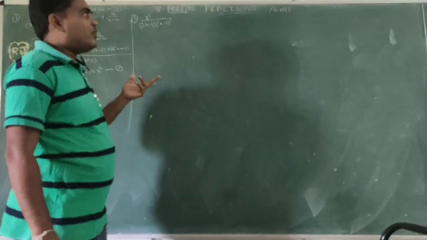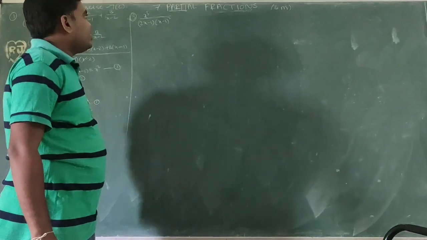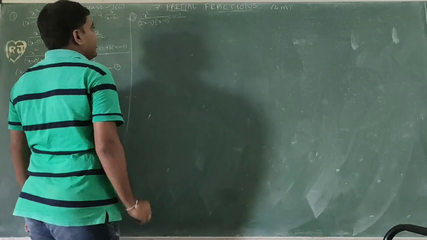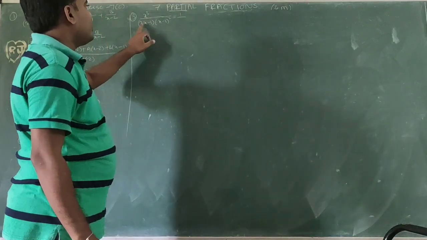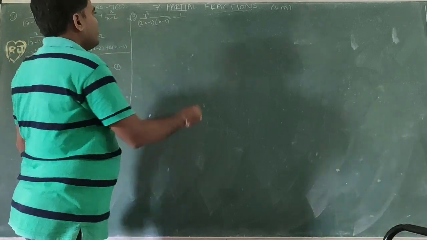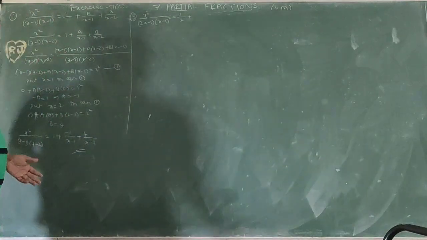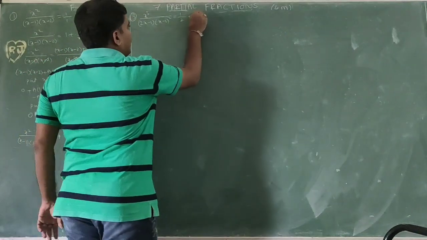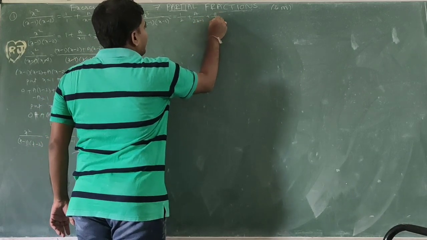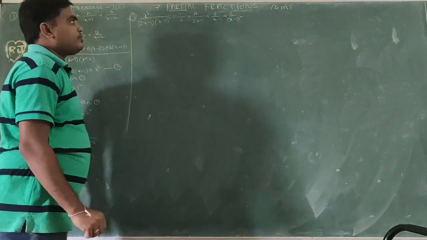So the degrees are equal, so it is also an improper fraction. Now I want to take the highest power coefficient: x cube, coefficient 1. In the denominator, the highest power is 2x cube, coefficient 2, so 1 by 2. Plus, now the process will remain the same. So, a by (2x minus 1) plus b by (x minus 1) plus c by (x minus 1) whole square.